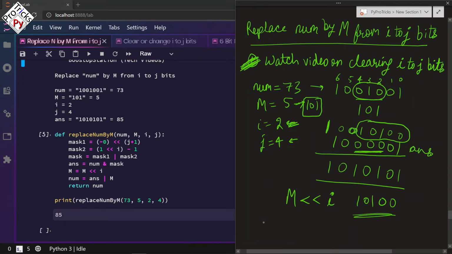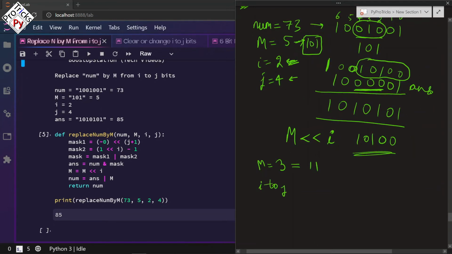So let us consider one more situation where m is equal to 3 and whose binary representation is 1, 1. But I to j bits are 3, right? As you can see in this case, we have 3 I to j bits and we want to set only 2 bits. For that also this algorithm will work perfectly. Let us quickly do it. As usual, we have to remove these 3 bits. In the first step we did it, so it will look like 1, 0, 0, 0, 0, 0, 1. These are the bits we have cleared.